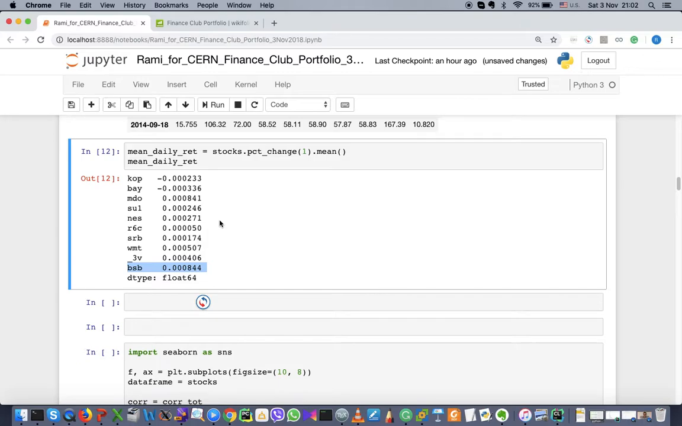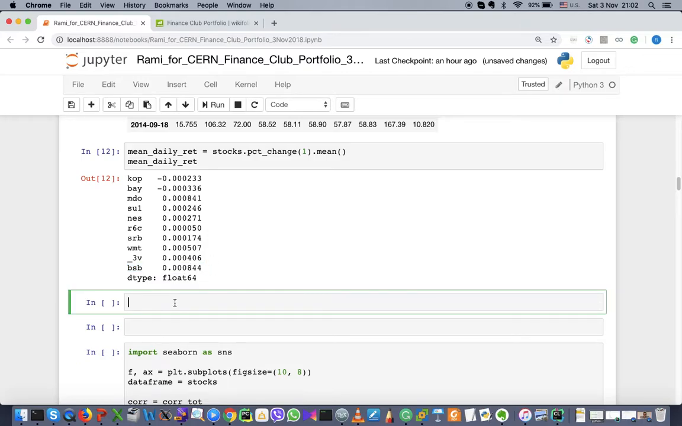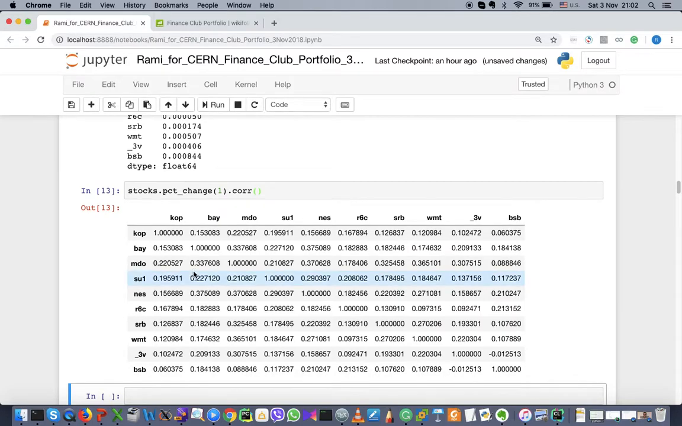Now let's look at correlations, because it's interesting to see how they are correlated, and when I use a heat map I will show you why. But let's first look at the raw data. So you see there are ones on the diagonal, and all the different numbers off the diagonal show correlation, let's say,